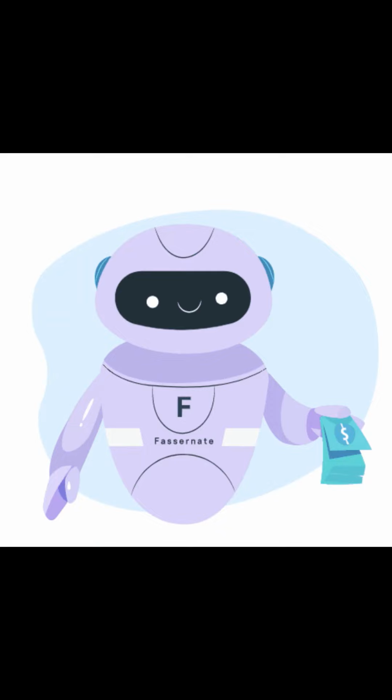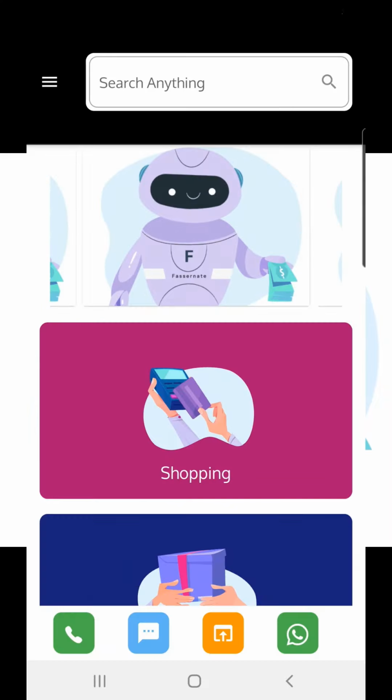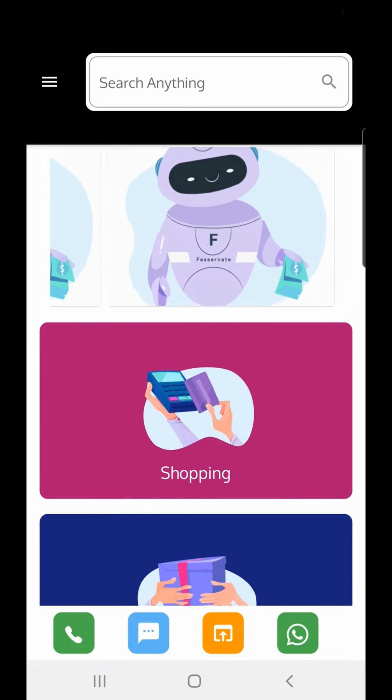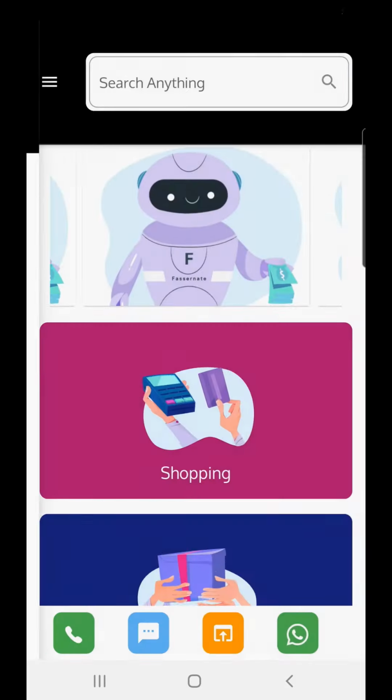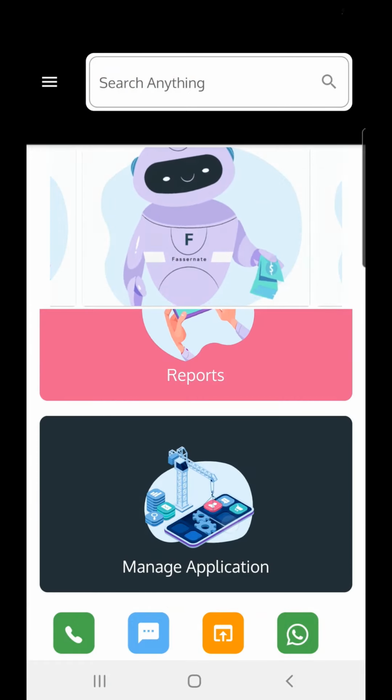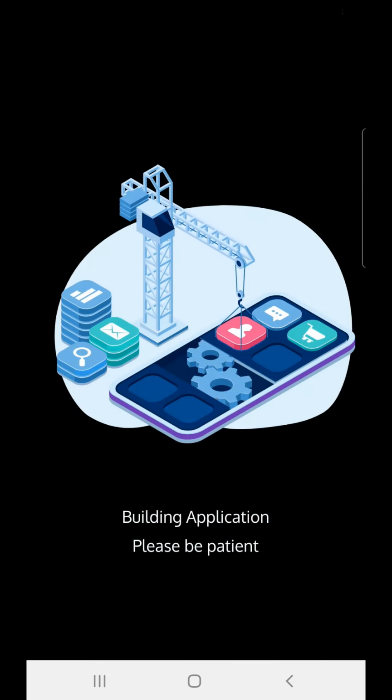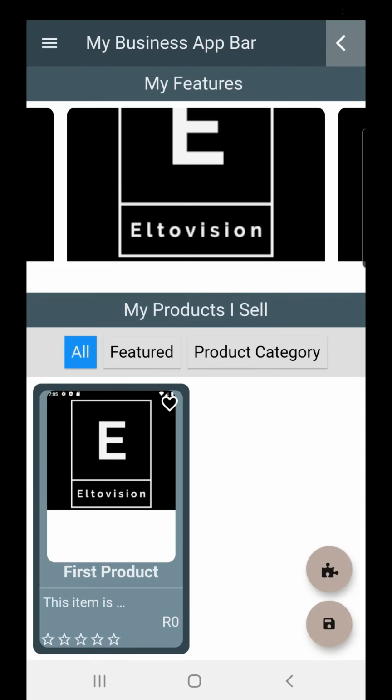So with everything else, you're going to ensure that you're on your business account. Simply click on the menu button next to search anything, and that's going to open up the drawer for you. Then you have to click on your email address to ensure that you are on your business account. If you're not on your business account, you will not see the application manager when you scroll down. Once you've done that, you are taken to the application manager and it will present you with the application